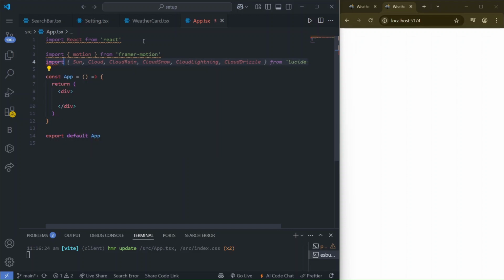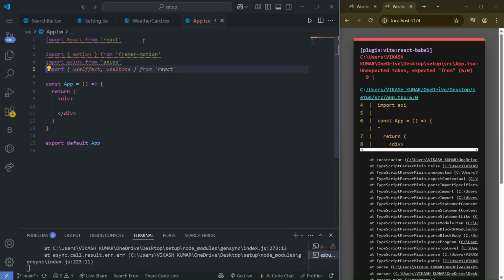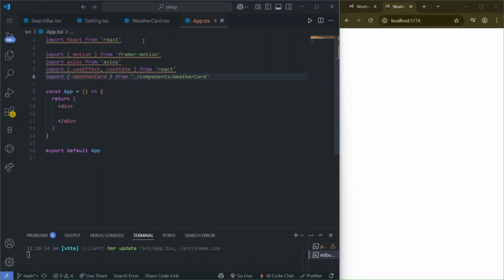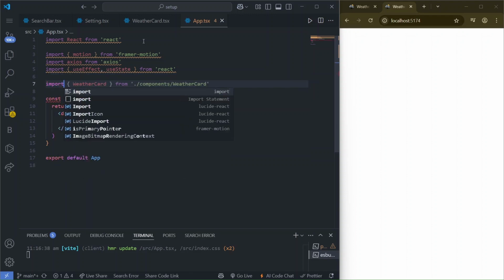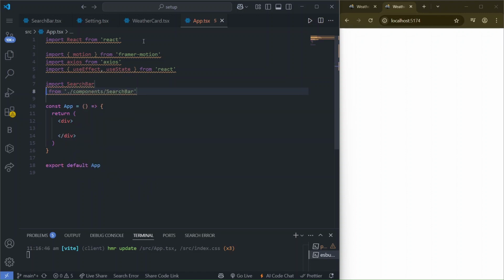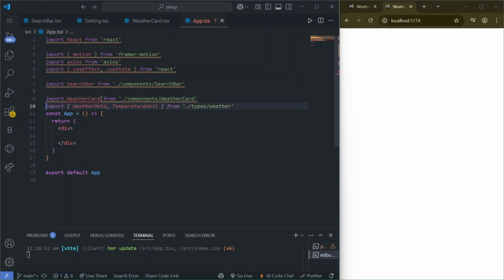So we can import axios from axios, and then we can import useState and useEffect. Then we can import our SearchBar from the component SearchBar, and then we have a WeatherCard component. So we can import our WeatherCard component, and we can import our